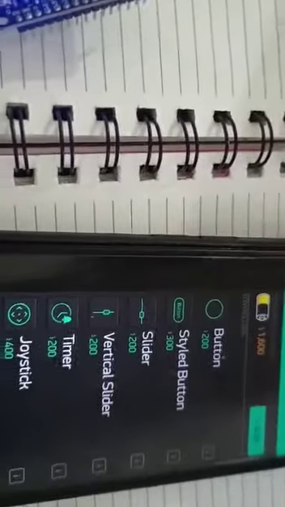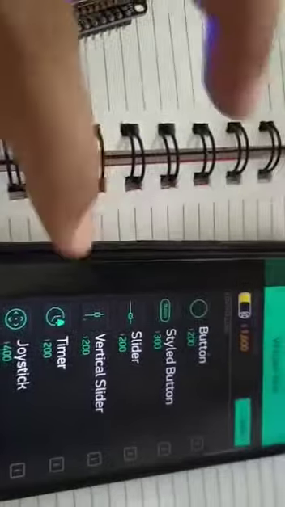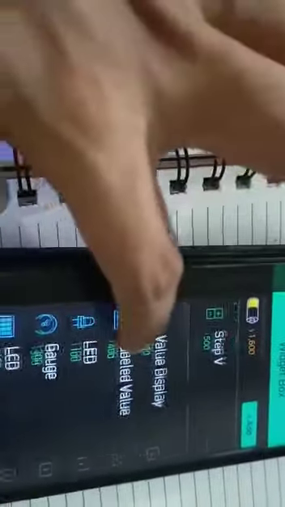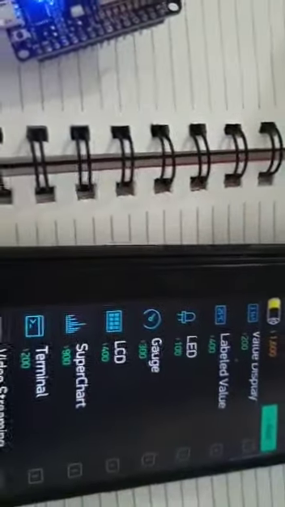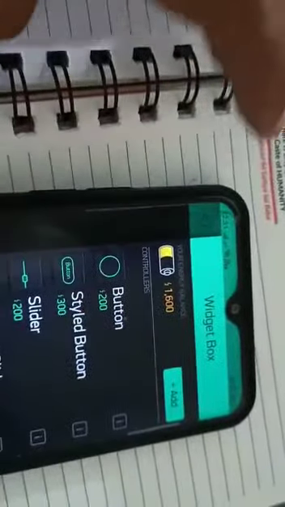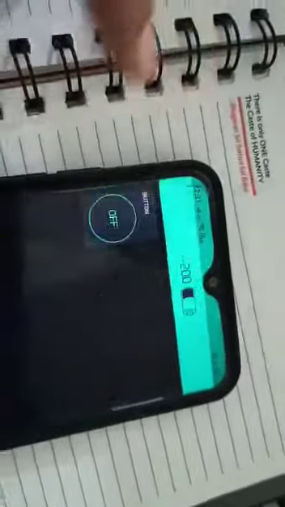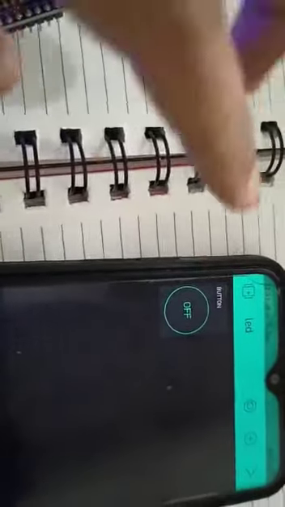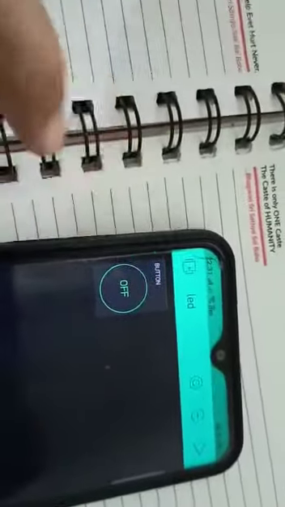As you see, we have button, slider, vertical slider, timer, value display, labeled value. Each function has a different kind of use. So right now what we want is a single button. We will click on this button. As you see, we got a button. Click on it.